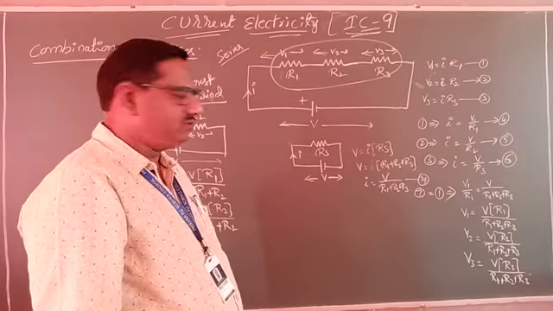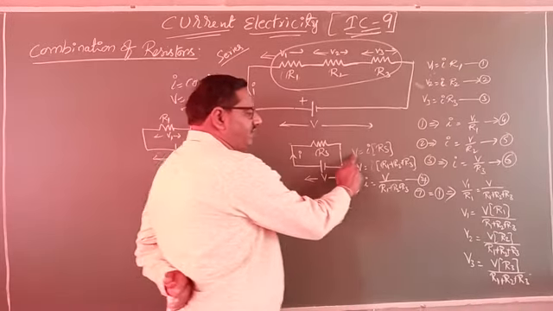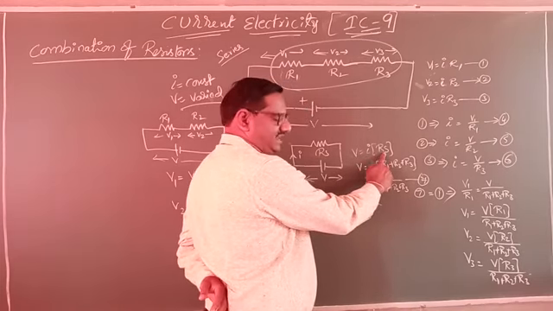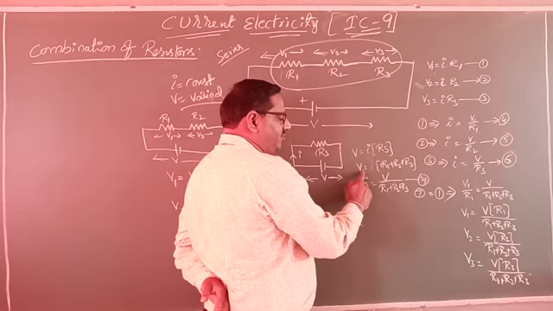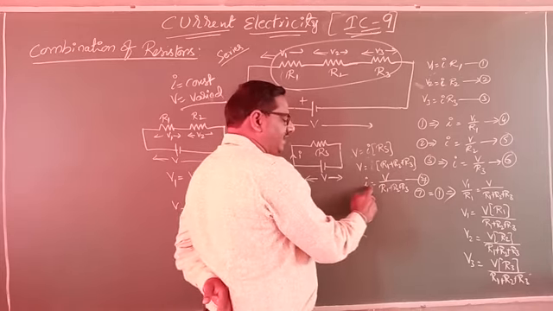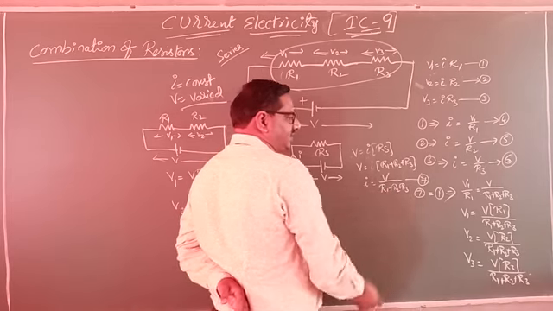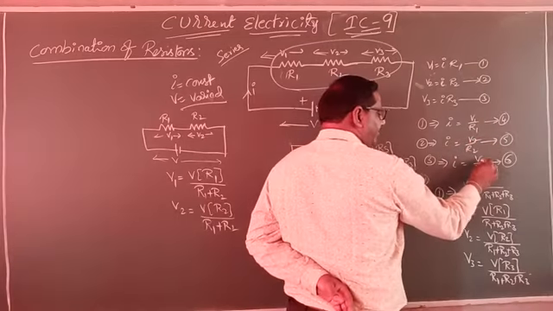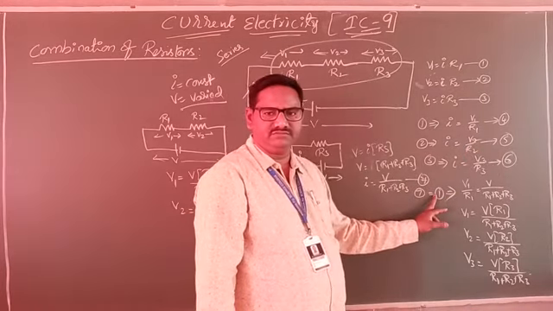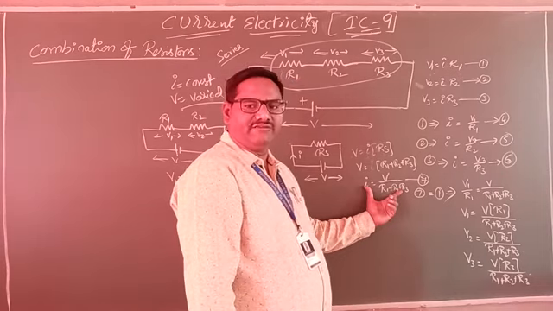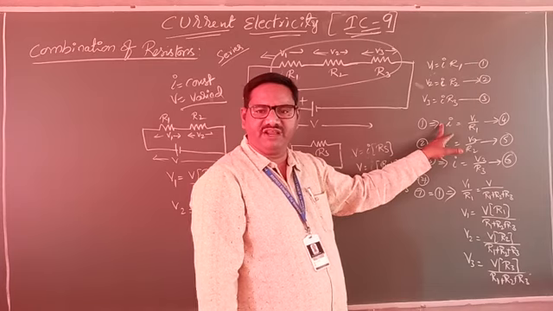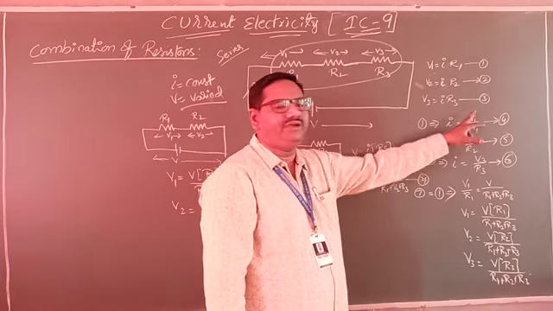Now across this, V equals what can you write? I into the effective resistance, that is the equivalent resistance, RS. Now V equals I into R1 plus R2 plus R3. From that, I equals V by R1 plus R2 plus R3, equation 7. Clear? Now equate 7 with 4. In this equation the current is I, and in the first equation also. From equation 4 we write I equals V1 by R1.